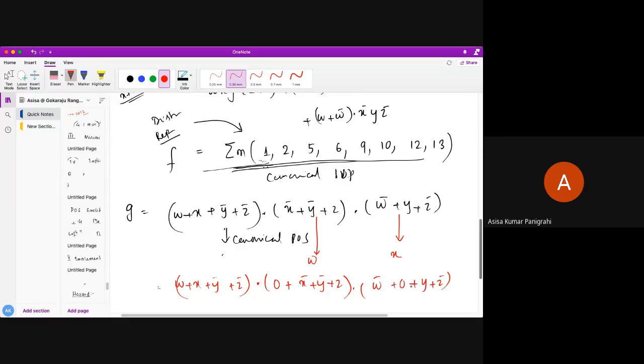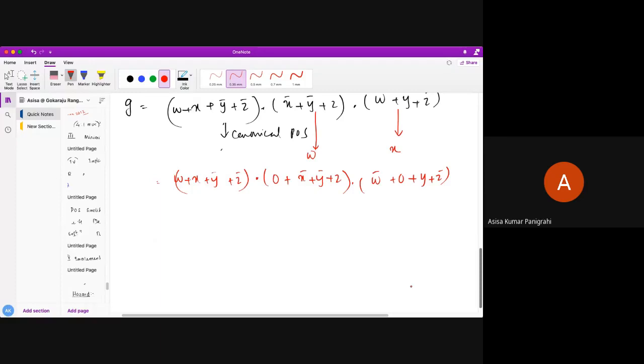Now you know what you need to do: just put in terms of 0, X and X bar is 0. You know this by replacement. You have to replace those variables which are not actually present. So this is my W, X, Y bar or Z bar. This is my 0, so I can put it here W and W bar, X bar, Y bar, Z. Next, here W bar, X and X bar, Y or Z bar.